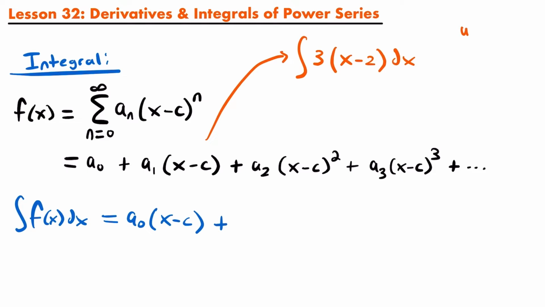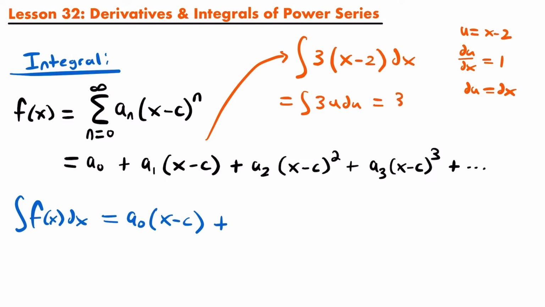We could set u equal to x minus 2, and the derivative du dx will be equal to 1, since the derivative of x is 1 and the derivative of negative 2 would be 0. And what that means is that du is equal to dx, and so this would be equal to the integral of 3 times u du. And then what we could do here is use the power rule of integration,